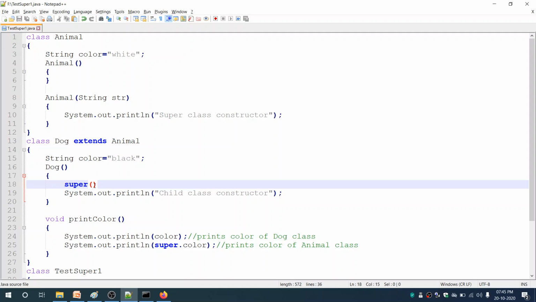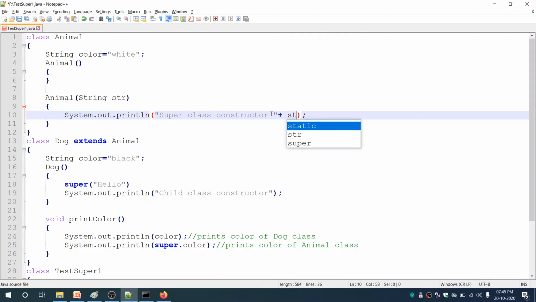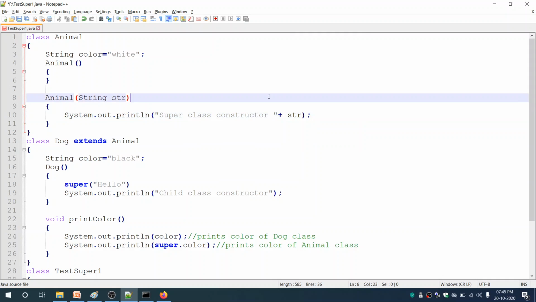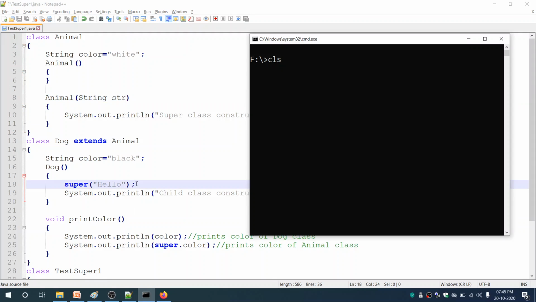So like this, I'll say super, and I'll pass a value, that is hello, plus str. Now let us look at the output. Compile it and execute it.